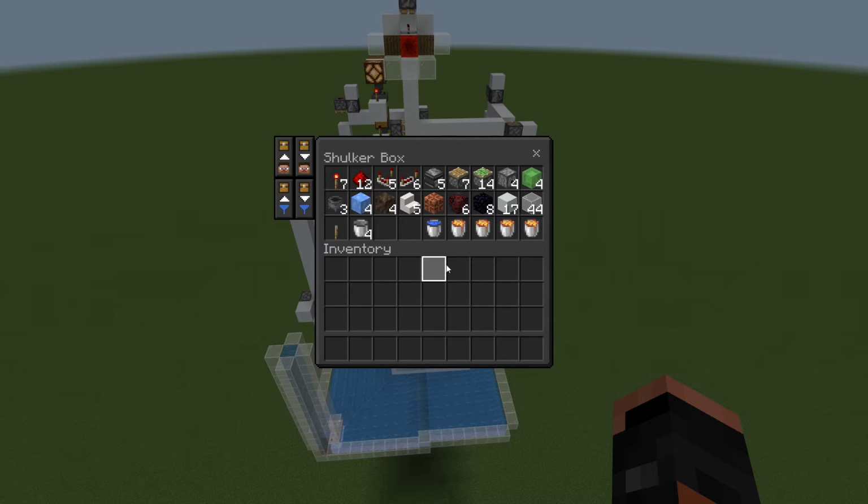So I pretty much try to set this up so that if it requires a solid block, it has to be a solid block. If it's not a solid block, you can use whatever you want. Okay, so what we're going to need is 7 redstone torches, 12 pieces of redstone dust, 5 observers, about 6 repeaters,